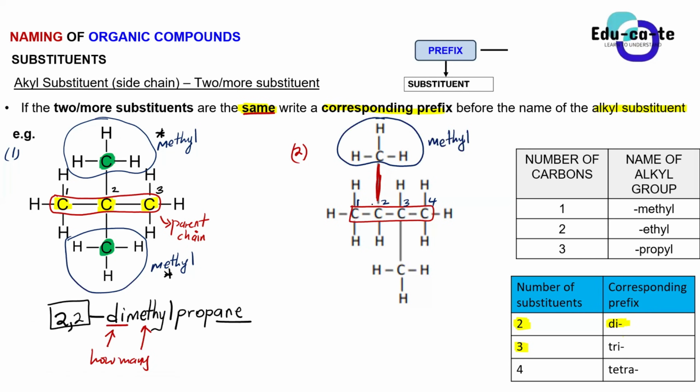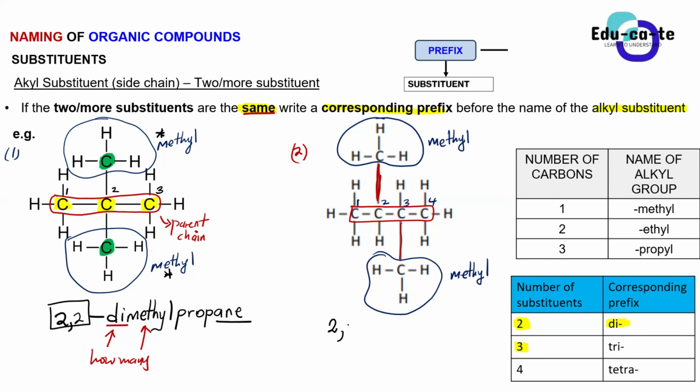Then when we look at carbon number 3, as Sam stated, on carbon number 3 we still have this side chain attached, and it is still a methyl group as well, because it is still a carbon having 3 hydrogens. So all you have to do is to now name them. Before you start naming, you must tell us all the substituents. In this case, you have substituents on carbon 2 and on carbon 3. So you're going to say that we have a methyl group on carbon 2, and we also have a methyl group on carbon 3.